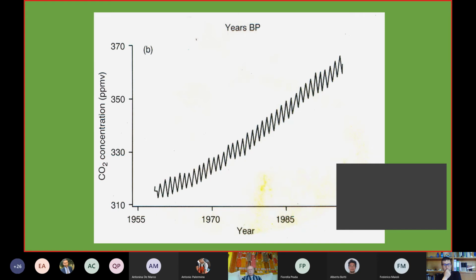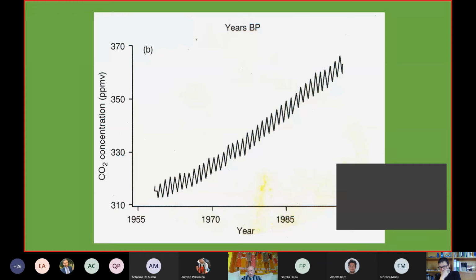And if you look now at this tracing of the CO2 in the atmosphere, you see that it increases very rapidly and exponentially, not linearly. And we are talking in recent times. By the way, why do you see the zigzag? By the way, that was taken at the Mauna Loa Observatory on the big island of Hawaii, and that was chosen because it is very far from any industrial pollution.